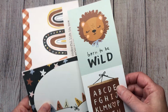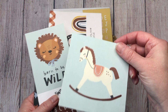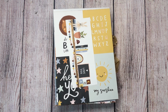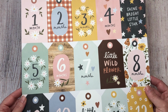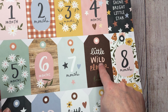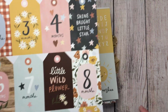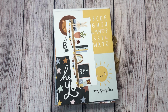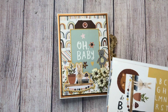And I always buy extra cut apart sheets, so I have some of those left. There's some here, and here's another one that I didn't use. So I always buy extra. And then this collection also came with this 12 by 12 sheet of tags, and I used this one here, and I'll show you that too. So I just cut it out and used that one on the cover of the album, which I'll get to in a second. So here is the album cover,